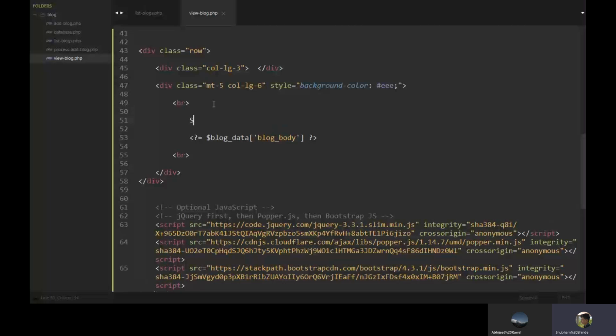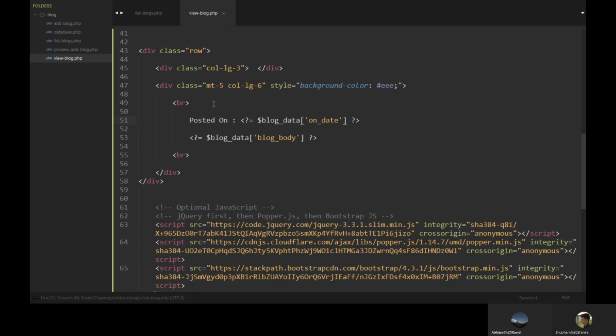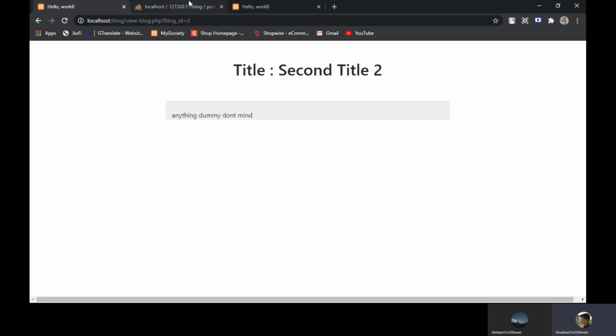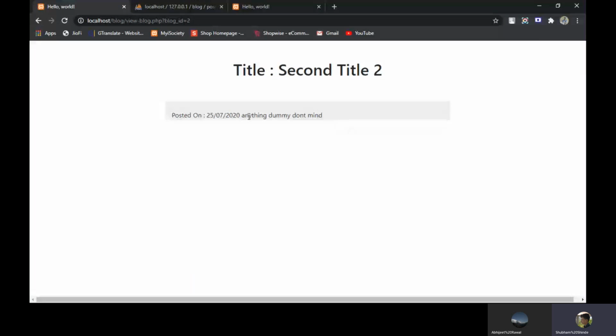Posted on, and the particular date, which will be accessed through PHP is equal to and the key name on date. If you remember, we have put on date in the database, here in the on date column. Okay, it has printed posted on.